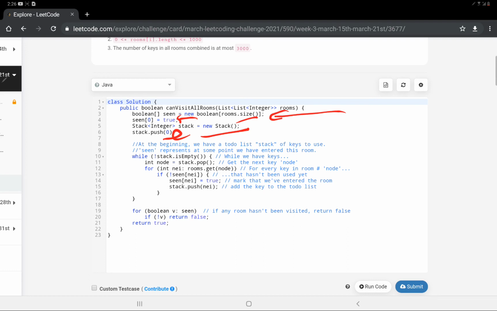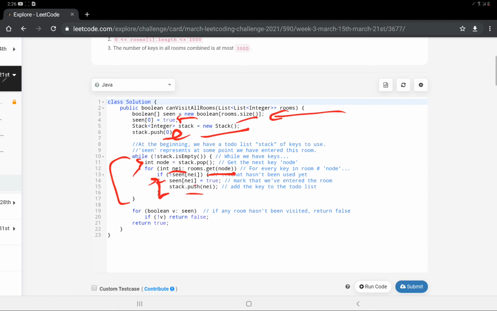Now, while the stack is not empty, we pop the top element, and we see if the rooms corresponding to that node are not visited, then they will be set to visited and pushed to the stack.